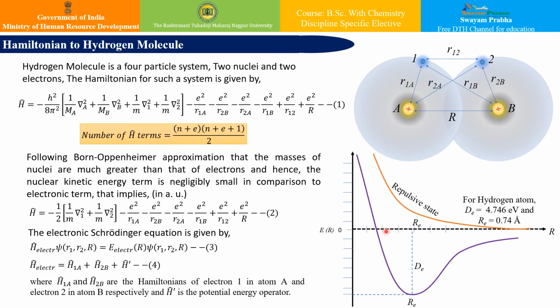Now note that as R tends to 0, that is, in this direction, the energy actually tends to infinity. After this equilibrium distance, if we further try to take these two atoms closer and closer, a situation arises where the repulsion between the two nuclei goes to such an extent that they are separated apart. And since this nuclear repulsion becomes exponentially dominant, the breakage of the bond takes place. This orange line indicates the repulsive state actually, and the energy profile is also shown over here.